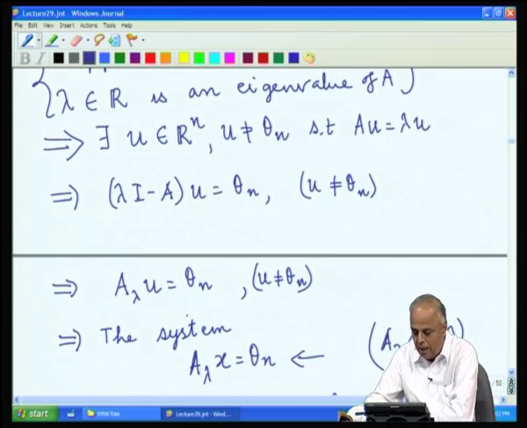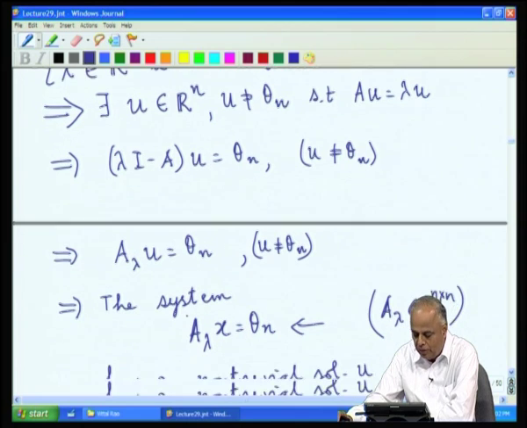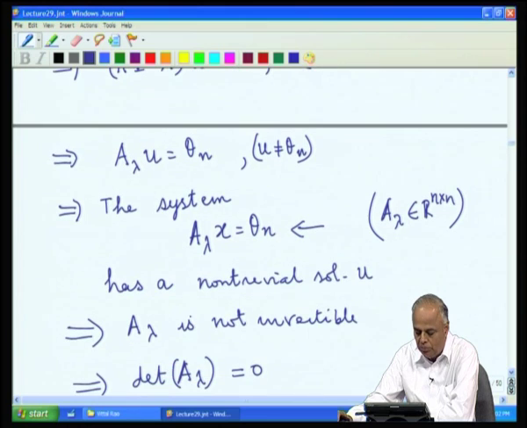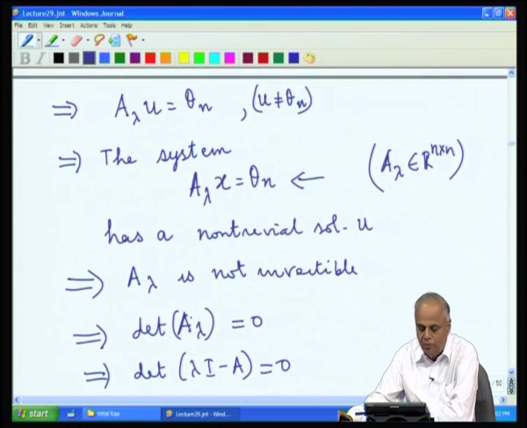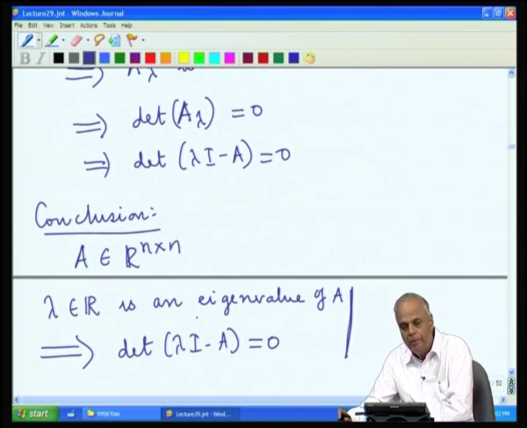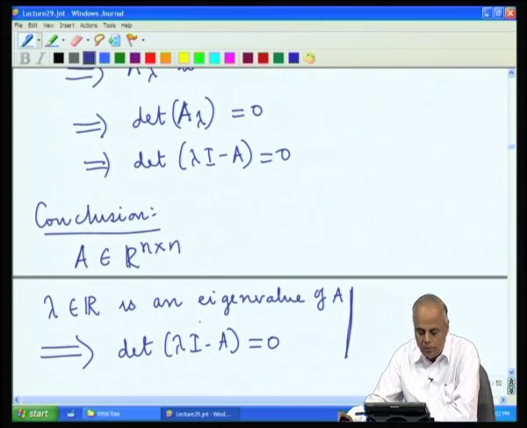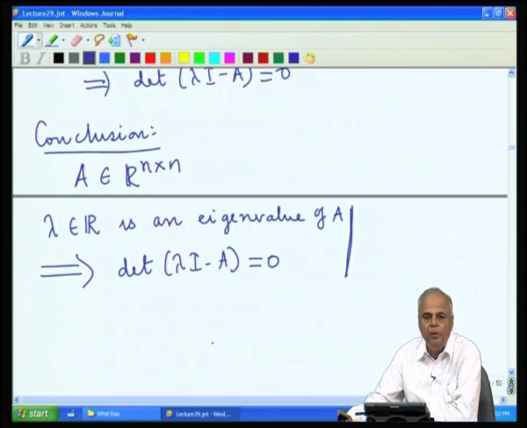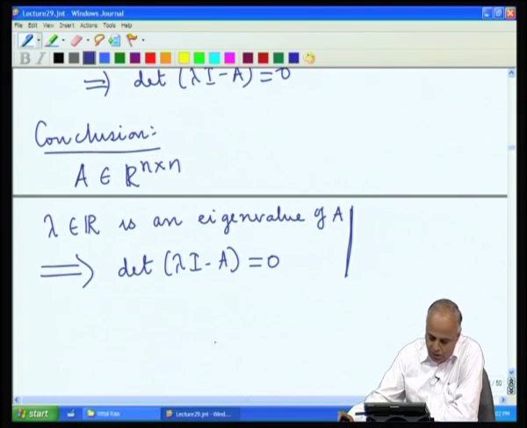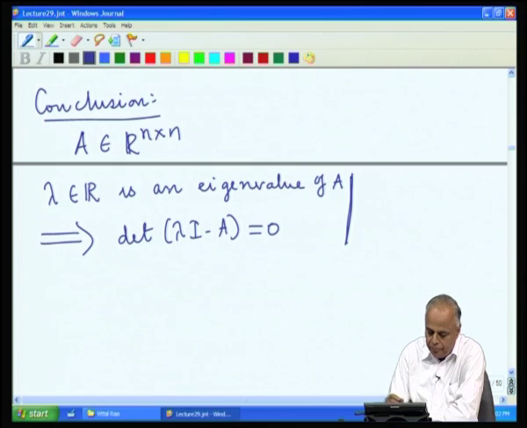Therefore, the system A lambda x equal to theta n has a non-trivial solution u. Therefore, the matrix A lambda is not invertible. Therefore, the determinant is 0, and hence we get that if lambda is an eigenvalue of A, then determinant of lambda I minus A equal to 0. So, we know some property of an eigenvalue of A. If something has to be an eigenvalue of A, minimum it should be such that the determinant of lambda I minus A is 0. Conversely,